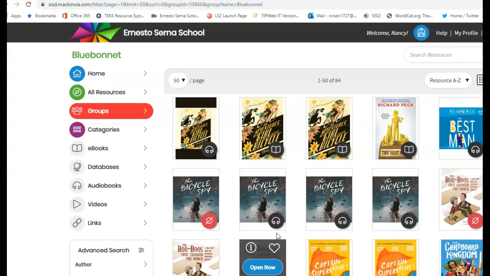Now, if you notice when I click on it, it came straight to this page. That's because I'm here at school and I had already logged onto my computer. But when you're at home, it's going to ask you to put in your entire email information to access the MackinVia databases and ebooks. So that means that you have to put your username, whatever your username is, and then you have to add